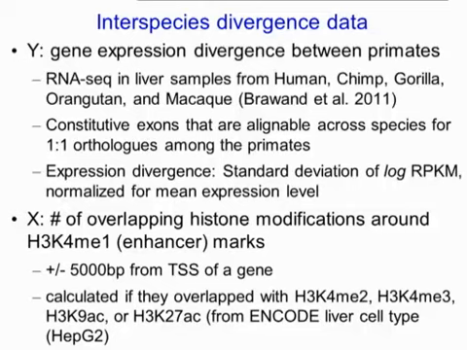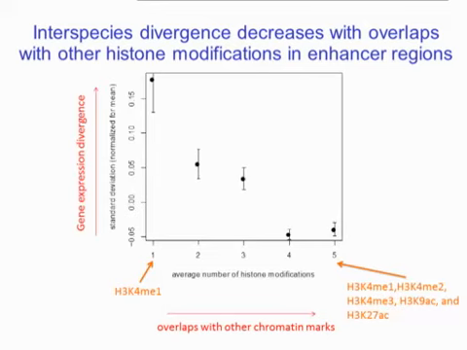This is transcriptome data, okay, from higher primates, and the expression divergence is measured by the standard deviation of log RPKM. This is the number of mappable reads in a 1 kb region, okay? And then the x-axis is the number of overlapping histone modifications around these histone marks, okay? And you can see that if you have overlapping